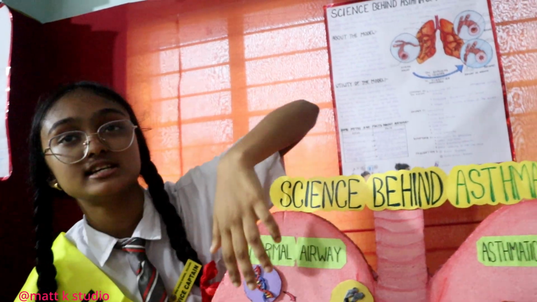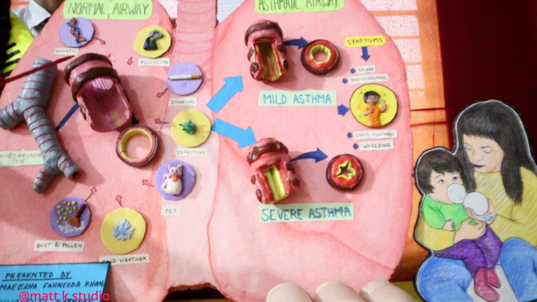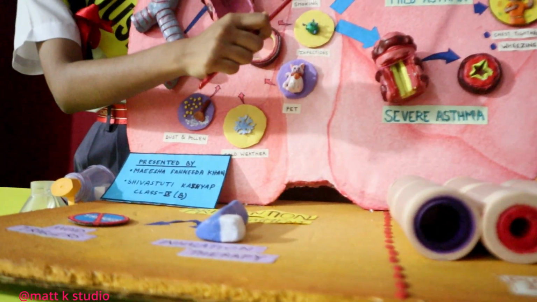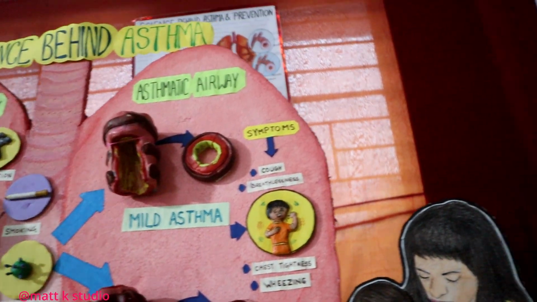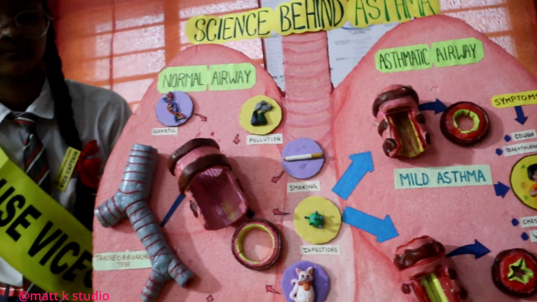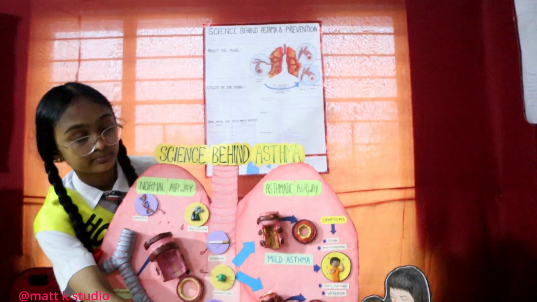This model depicts the science behind asthma, that is the changes that occur in the airway, and also the preventive measures. This is the normal airway. This is the airway during a mild attack, and this is during a severe attack. These are the triggers and these are the symptoms. It works using a simple